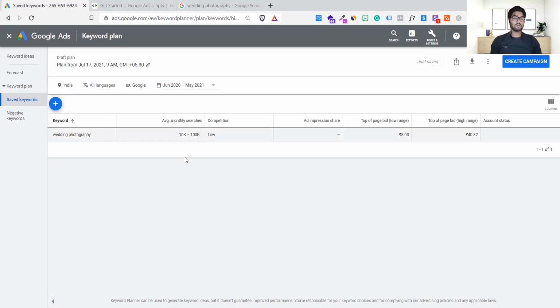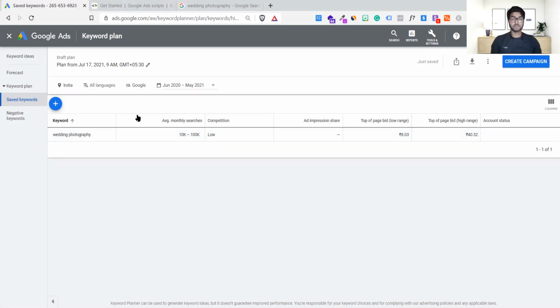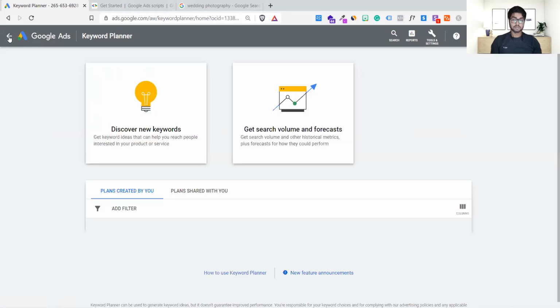Under India, fewer people are searching. The search volumes are superb, 10K to 100K is a very good search volume. These are highly targeted audiences, those who are looking for wedding photography, and people generate great results from Google search ads specifically for this kind of wedding and events industry. So this is something you can take care of, it will not increase drastically. But the moment you go with a high CPC, let me try another example.